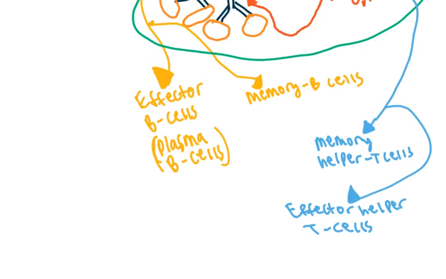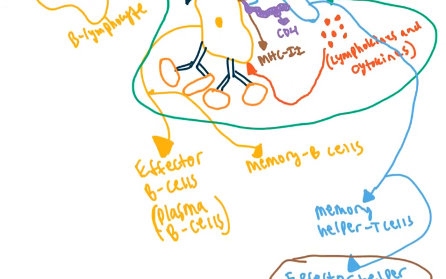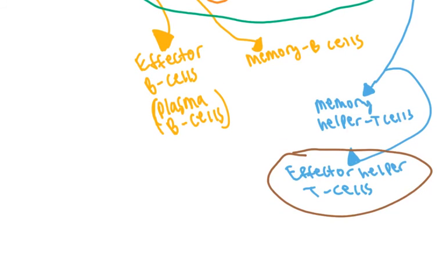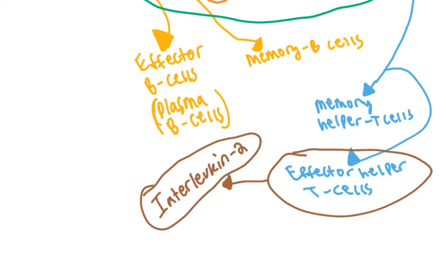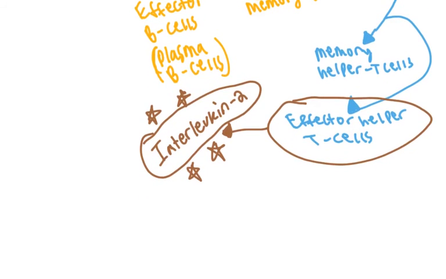And another thing that I want to mention, guys, is that these effector helper T cells, as a whole, release a really important cytokine called interleukin-2. Sorry about that, interleukin-2, right? So as a group, they start releasing a cytokine called interleukin-2, which is a really important cytokine, right? They also release other cytokines, but interleukin-2 is a really important one because interleukin-2 can actually go to nearby T lymphocytes,